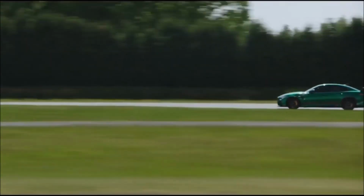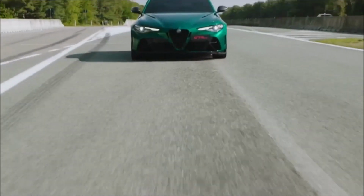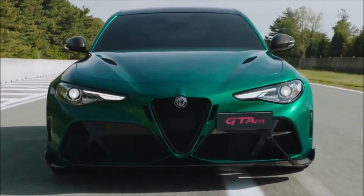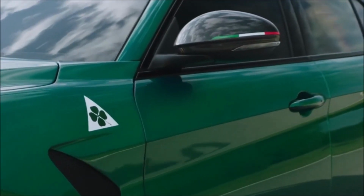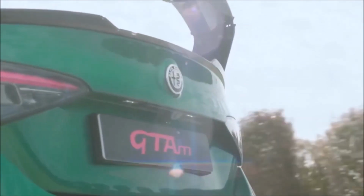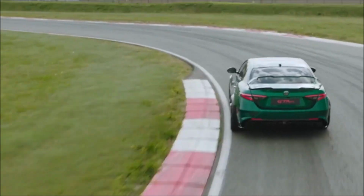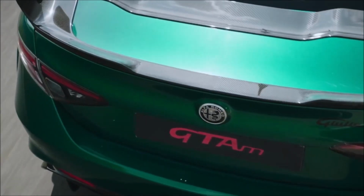Alfa Romeo has really delivered one of the great sport car saloons just as we begin the final chapter of the combustion engine. And in the not too distant future, merely seeing and hearing one of these covering ground quickly will be an emotional spectacle. For the Alfa Romeo Giulia GTA, you're looking at a twin-turbo V6, 8-speed auto, with 540 horsepower, 443 pound-feet of torque, 3.8 seconds 0 to 62, and a 186 mph top speed, with a weight of 1,580 kgs for the GTA and 1,605 kgs for the GTAm, 26 miles per gallon fuel consumption, and a price for the GTA of 176,500 euros, and for the GTAm,